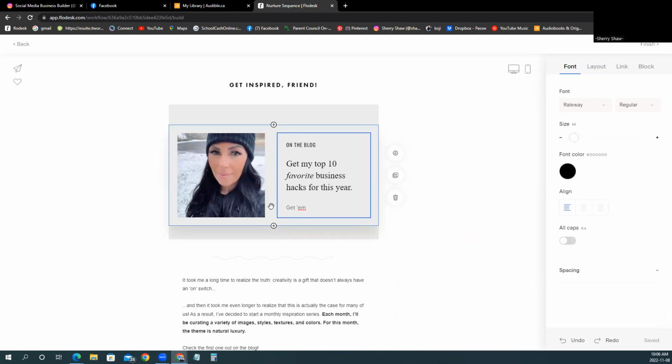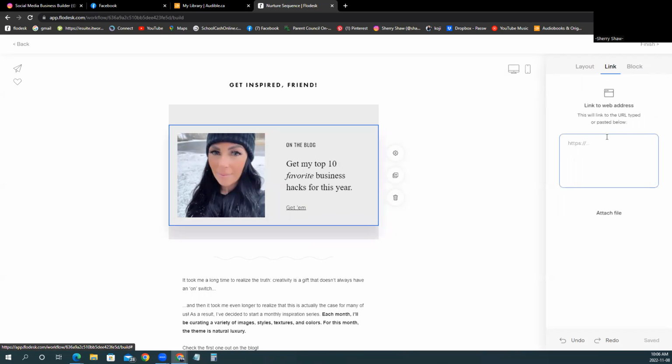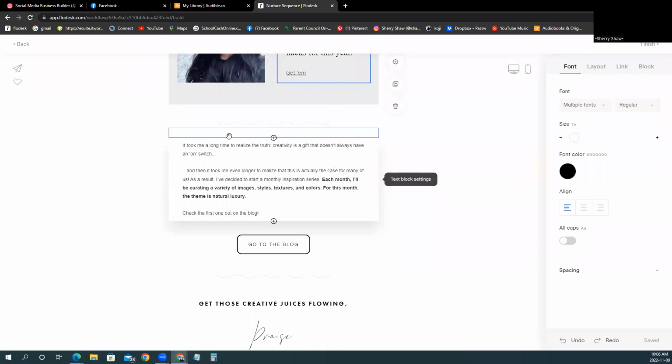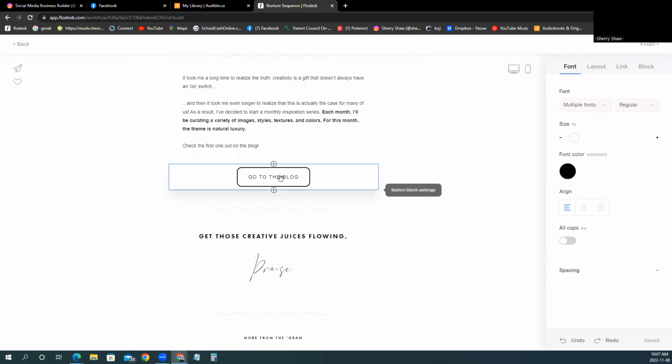Now, usually these look like a little box you can click on. So if you're not sure, just come over here, okay? And you can send people to wherever. We'll get into that in a minute here. Tell them why you're here, what you're doing, what they clicked on, what they're interested in, kind of reconfirm. And I absolutely love these buttons because it's super interactive. It gives people something to do.